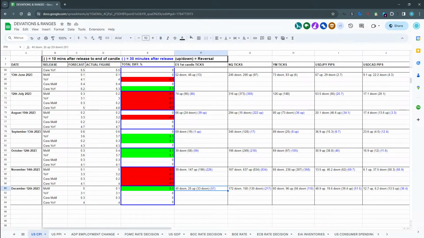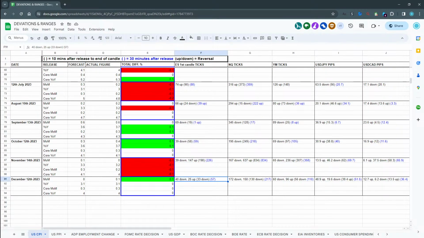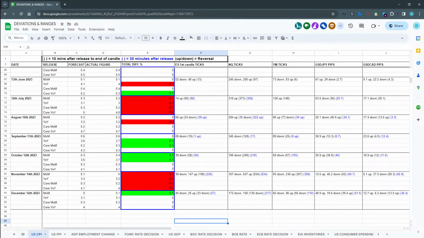Okay, so we've got about 5 minutes left now. If you're looking at this sheet here and you're wondering, what the heck is this? What am I looking at? This shows you how big the market reaction was to different economic releases that we cover or have covered in the past. So if I go here, this shows you the deviation, comparing the actual figure to the forecast. How big was the deviation there? And then this shows you the market reaction. So let's start with an easy one.